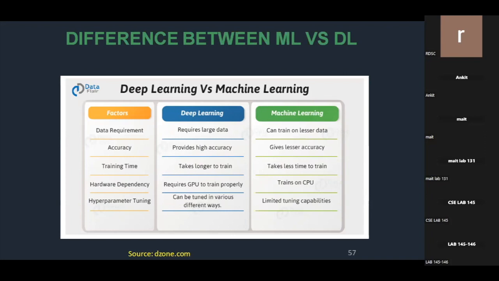While for hardware dependency, deep learning models, if you train them properly, you must require GPUs in your laptops, in your machines, or you require a supercomputing facility to train your deep learning models. On the other hand, machine learning is a very low cost solution which can run on your desktop, on your normal laptops, on your general CPUs. Then